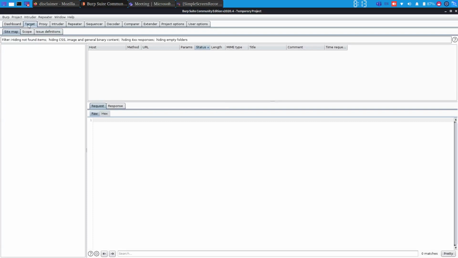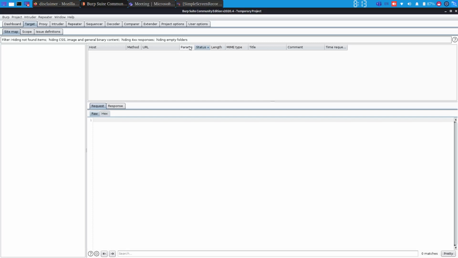There is a target tab. What this target tab does is show you all the websites which you are visiting. This is the sitemap, where you can see all the websites that you visit that are under scope. In this second column, where I am pointing, you can see hosts, methods used to fetch websites, the actual URL, and whether parameters are present or not.